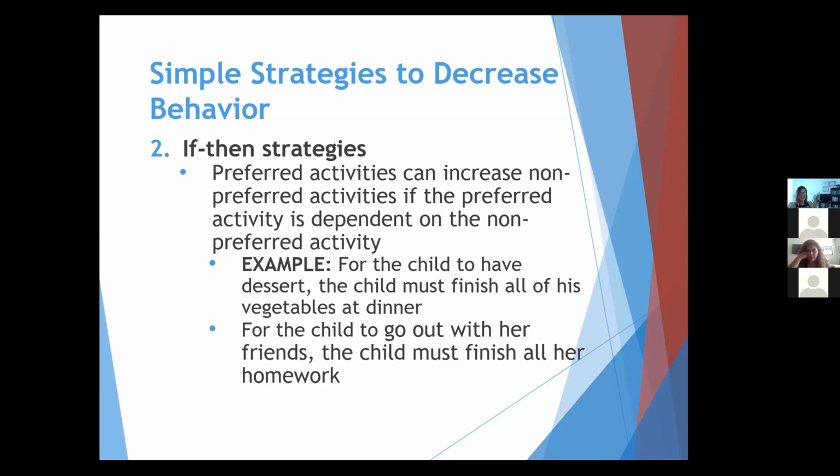TV show, or they can earn their favorite snack, you know, whatever it is. It doesn't have to be something they watch, or it can just be like a snack they enjoy. So that's what the if-then strategy is. Now, the power of the if-then strategy also can be compounded by telling them that in advance, right? So you can tell your child, hey, remember, pick up your toys so you can watch your favorite TV show,